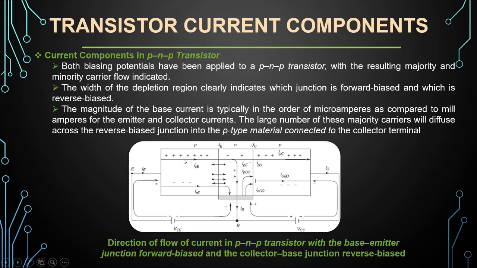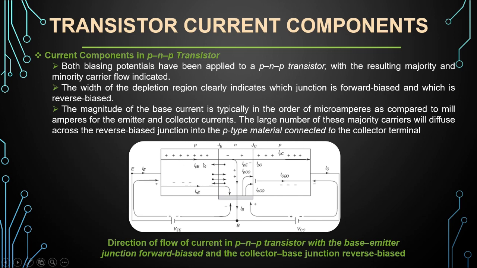On the left side we have P. Now it will be called the total current. The left side is the emitter. Total current IE will be a combination of the current due to majority carriers and the current due to minority carriers. Now this is P type, so who is the majority carrier here? Holes. So IPE is the current in the emitter side due to holes. You can change the order here, but you have to mention it in the examination. And this lower side is showing the minority carriers, with a lower value.